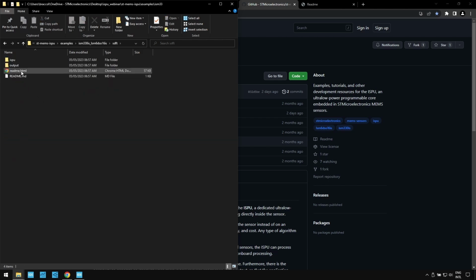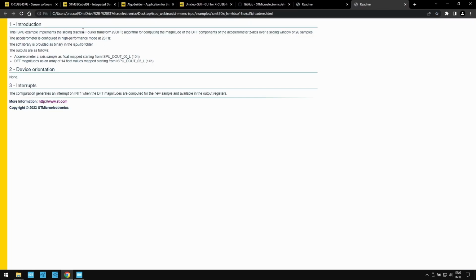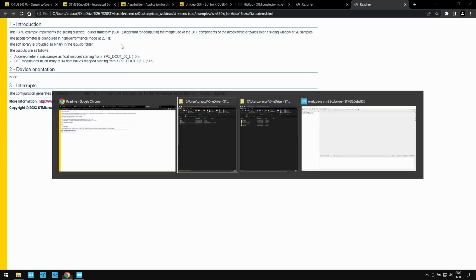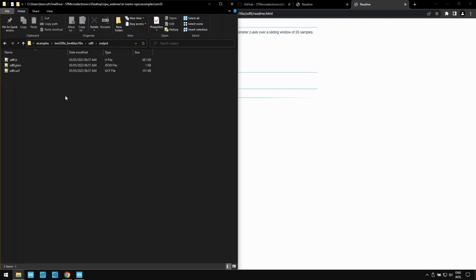For instance, the STFT. So if we open it, we can see a README file that describes that the example implements a sliding discrete Fourier transform at 26 Hz. Then you have the usual output folder containing the pre-built files. But for this hands-on, I want to show you how to use the project folder in order to configure the